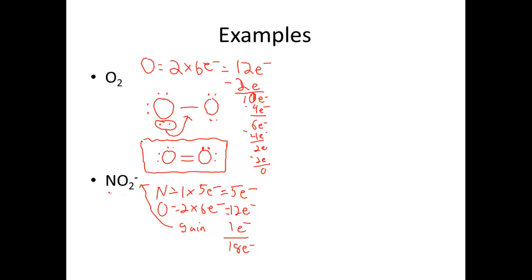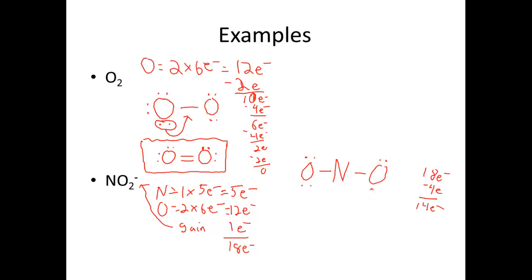Carbon's not present, so we can't use carbon. Nitrogen, it says the element that has the smallest amount. So we only have 1 nitrogen, 2 oxygen. Nitrogen will be our center atom. I'm going to start with our skeleton structure, bonding 1 oxygen to the nitrogen. So we started out with 18 electrons. We're going to subtract our 4 electrons, so we're down to 14 to show. So we're going to deal them in pairs. 2, 4,